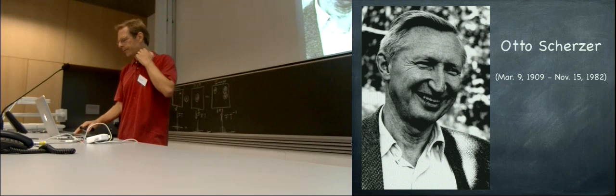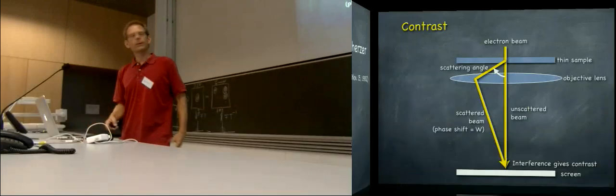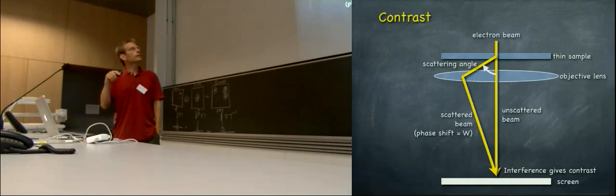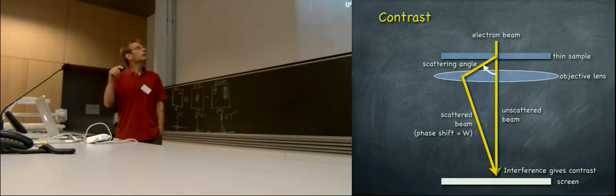And Dieter Typke gave me a few pictures of him, even though he's retired now. So what happens in the electron microscope is that we have our sample, in our case a 2D crystal of membrane proteins, and the electron beam hits the sample. And most electrons, as Philip explained, go straight through and go onto our screen or the CCD camera or film. But some electrons, the good ones, are scattered by an elastic scattering event to some scattering angle, and then the objective lens focuses them more or less back onto the same image location, and this path here